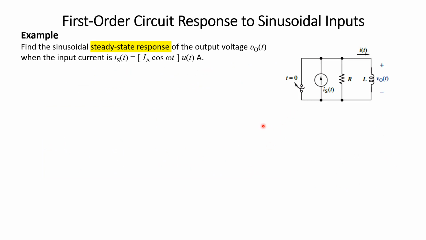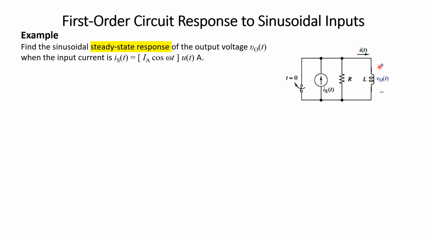This is an interesting example. In this example, we have a sinusoidal excitation, IA cosine omega t. There is a switch over here, and the switch is normally closed, and the switch is opened at t equal to 0. With this knowledge, we can determine the initial value of the state variable IL. The state variable is the inductor current. We can determine this